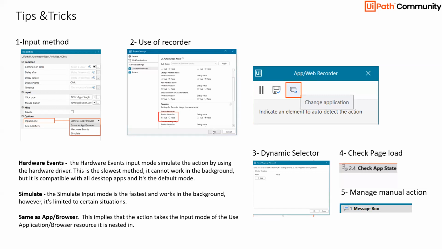I've seen this is really very helpful. For example, there is a common scenario. Let's say you are entering a password, but you have not used credential manager, and there is a login screen open. At that time, your password should be entered manually. What you can do is put a message box there saying manually enter the password, and the user will manually enter the password and click OK on the message box, and then the bot can continue from that step. So the message box will help you in a way that human and bot work together, where for some steps human judgment is required. This is going to add that flavor to your code.